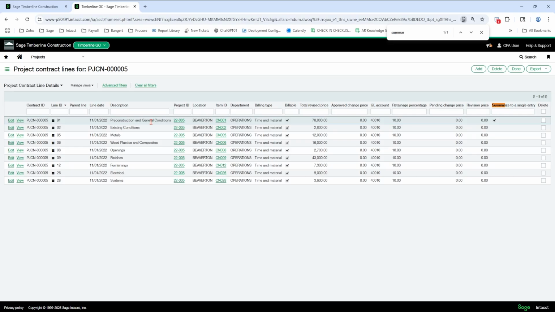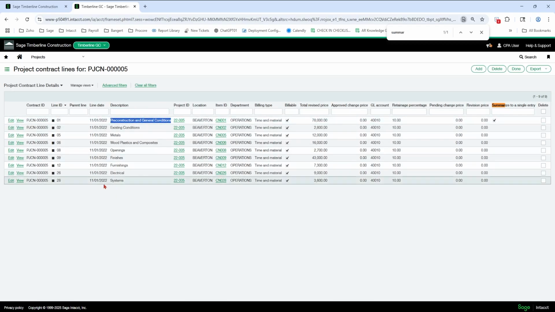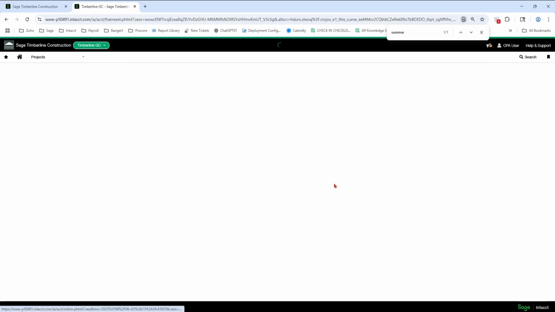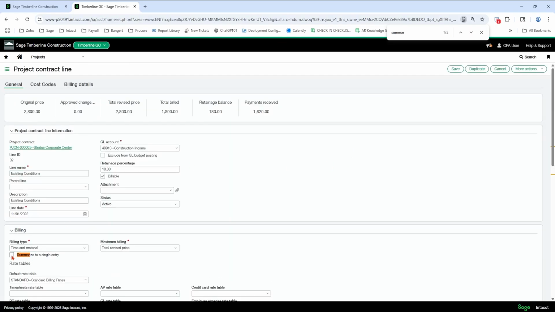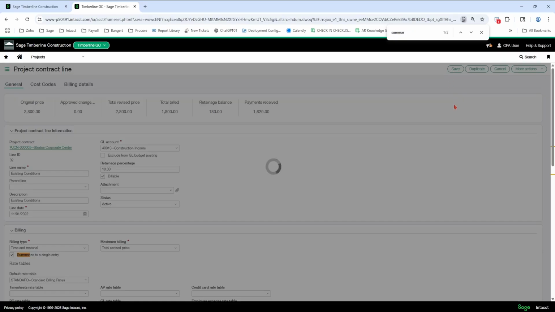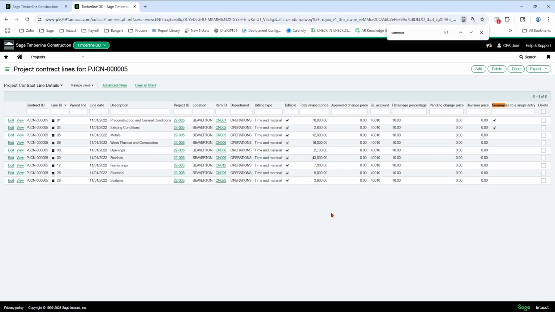Now I have a situation where I'm not going to put the fee at the bottom on this one. So in the rate table, the costs that hit those cost codes are going to be summarized to this line, and they're going to calculate the fee inside there. So this specific scenario, I am not putting the fee at the bottom. Okay, so I'm going to show a separate one for that. So I'm going to summarize all of my lines here. So I'm going to edit all these, summarize all my lines, and then I'm going to have another setup for putting the fee at the bottom.